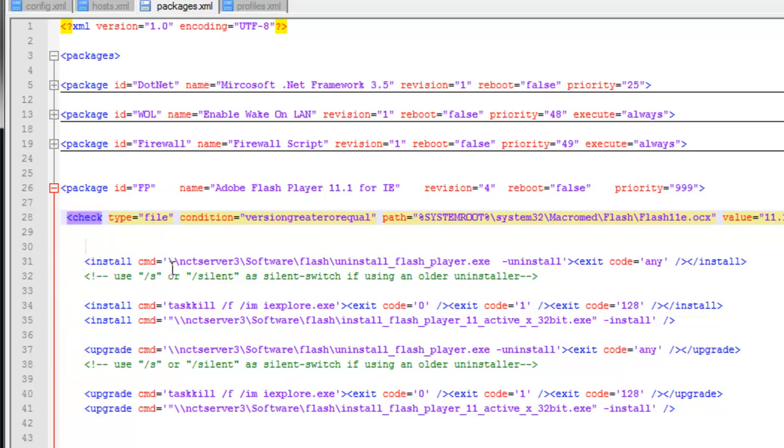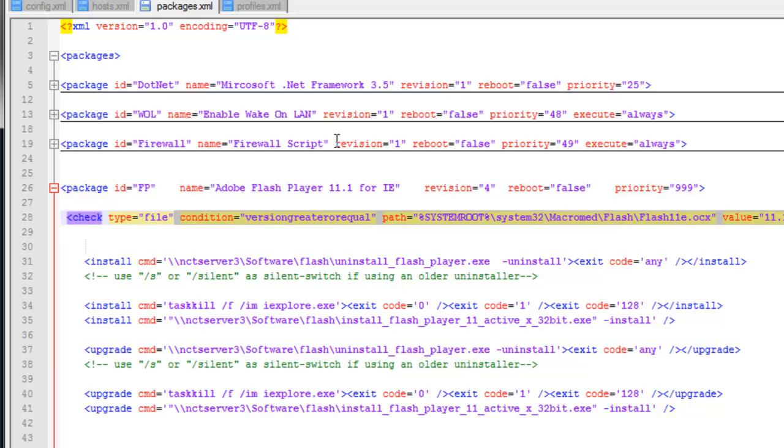Because we've stopped it, uninstalled it, updated it, ran it, whatever we had to do, it's not going to run. Now, if this comes back false, for example, if I was still on Flash 10, if it checked the file or this file didn't exist, it would return a false. And then if I get a false, it runs. That's important. This can throw a lot of people off as they're starting to build their WPKG packages: this check. If it returns false, it runs. If it returns true, it doesn't run.